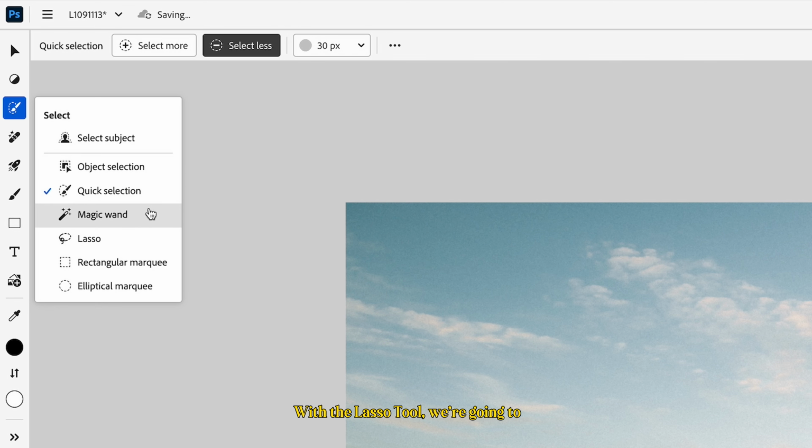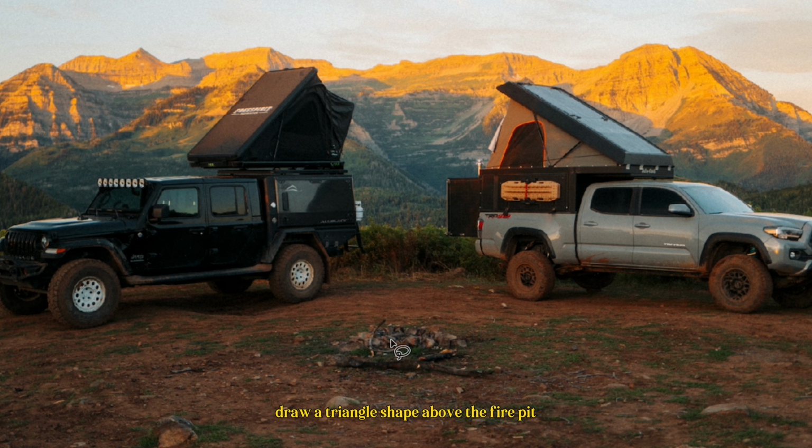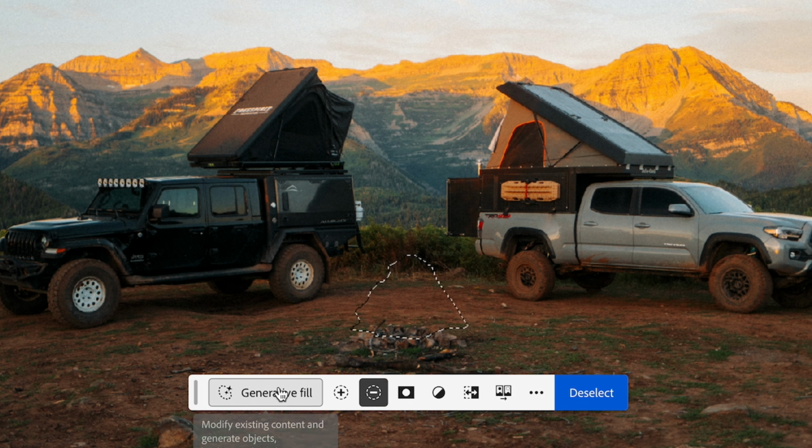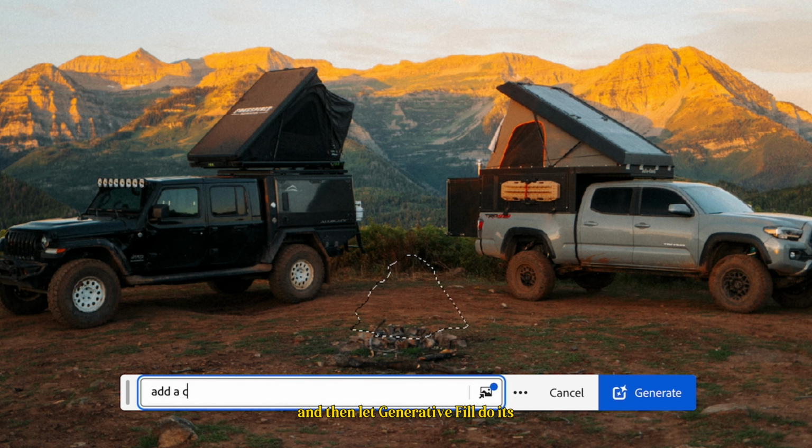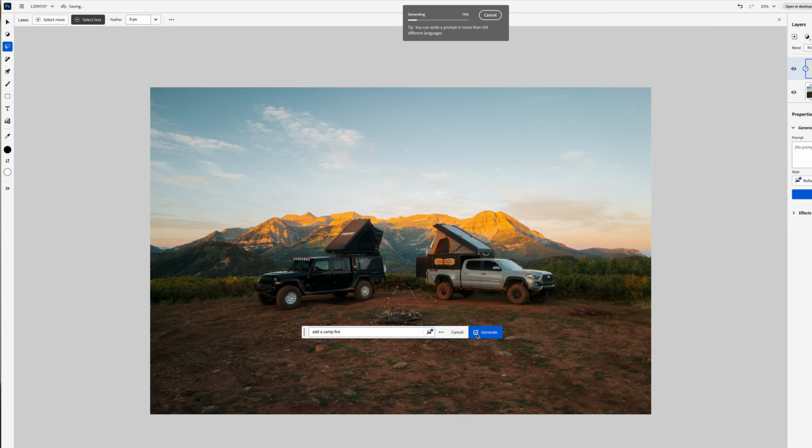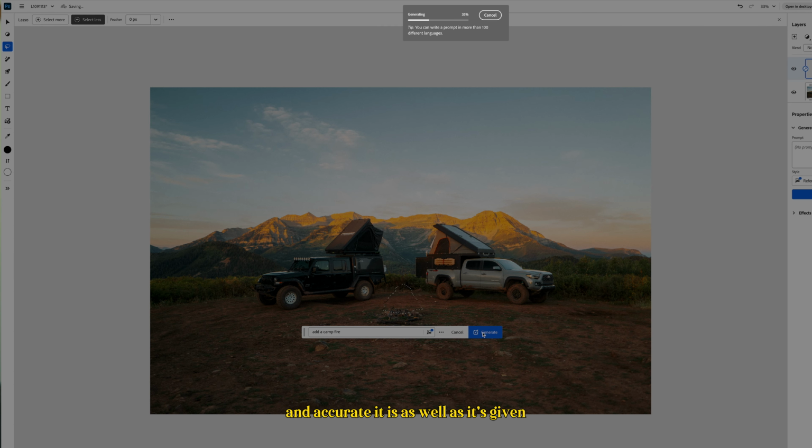With the lasso tool, we're going to draw a triangle shape above the fire pit in this photograph. Type in our prompt, add a campfire, and then let generative fill do its thing. And you can just see how easy and simple this is, and accurate it is as well, as it's given